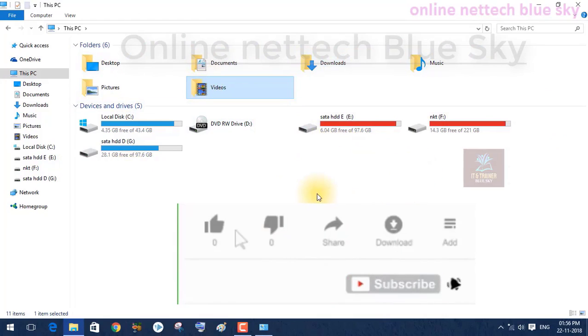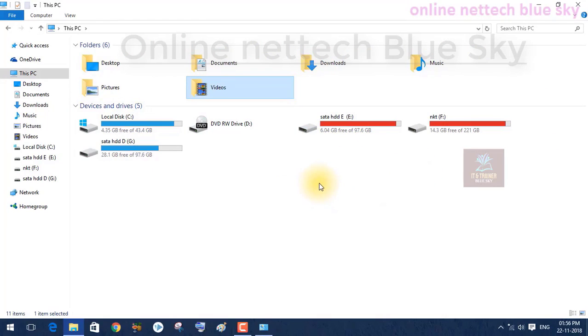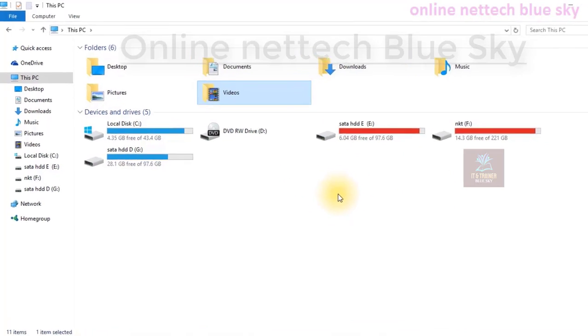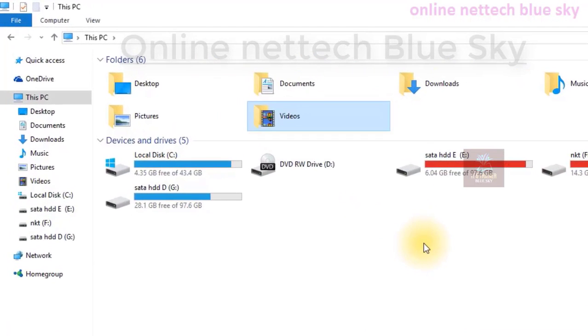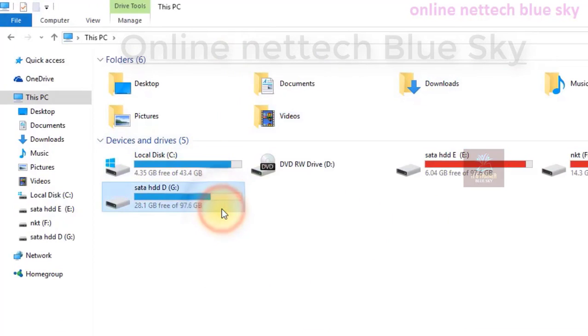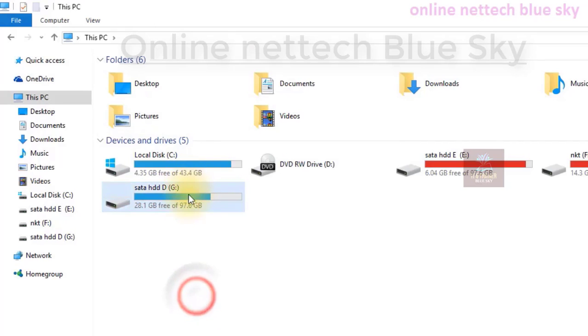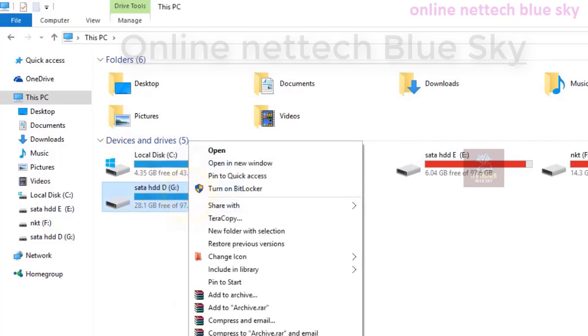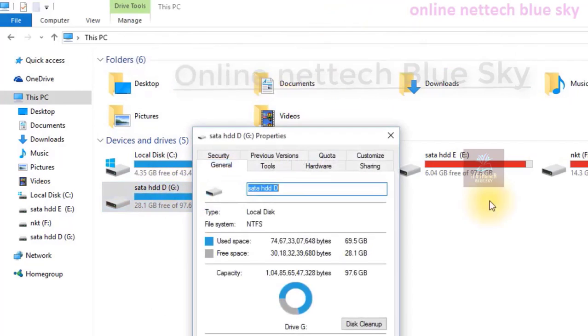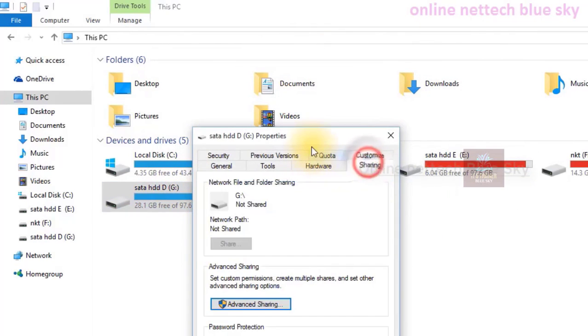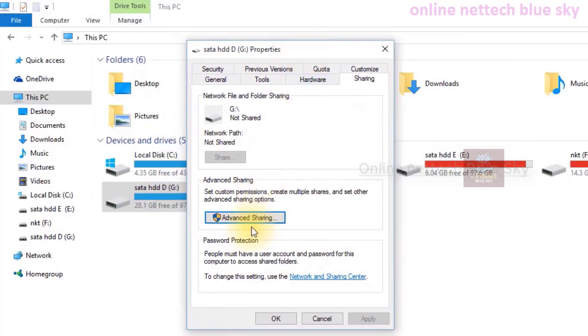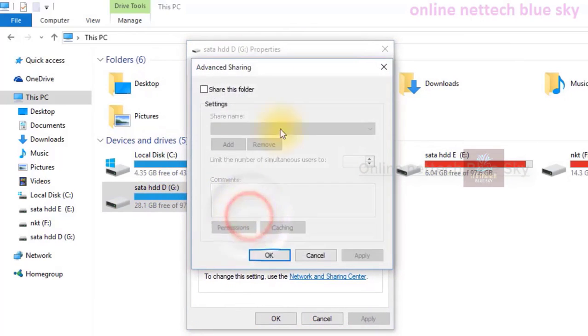First, set the password of your computer user. Both computers must use a user account with a password that you must enter here. Then I'm showing you how to share things. The second step is to share any file or folder. I'm sharing a partition here.